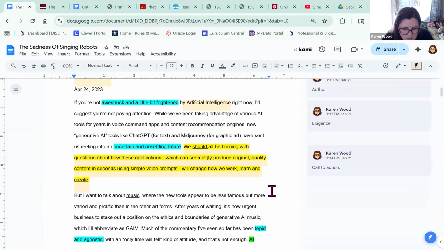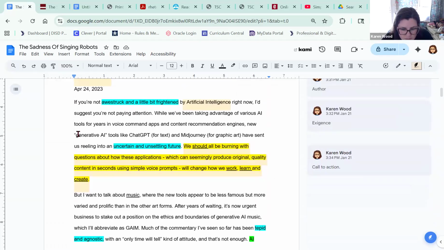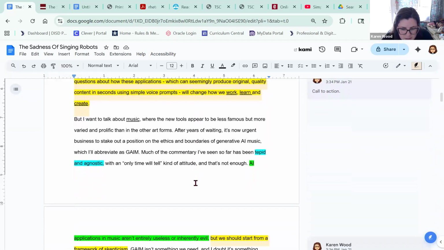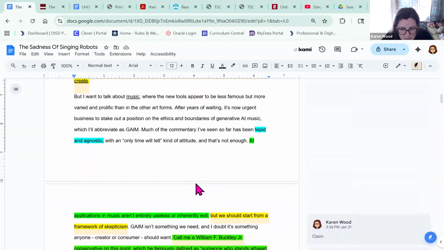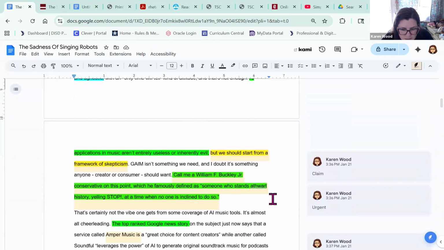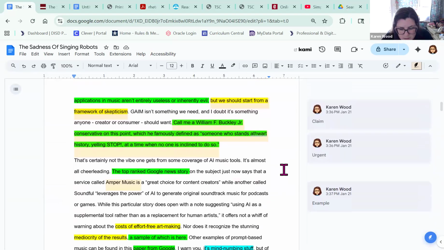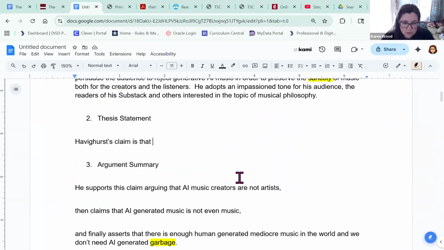So to me, this says that he is not just talking to people who are creating music. He does talk about that, he does speak to that, but he's talking to us as a larger audience as well. So he claims that we as a society